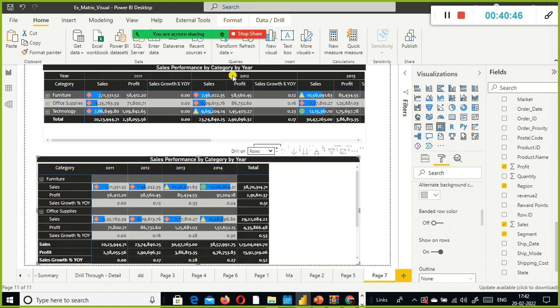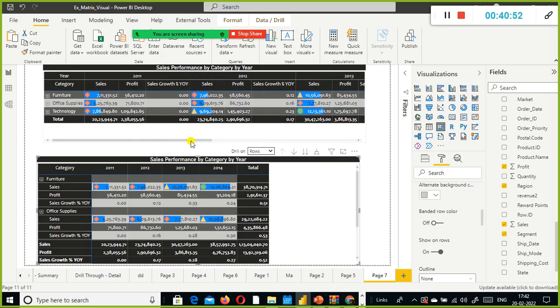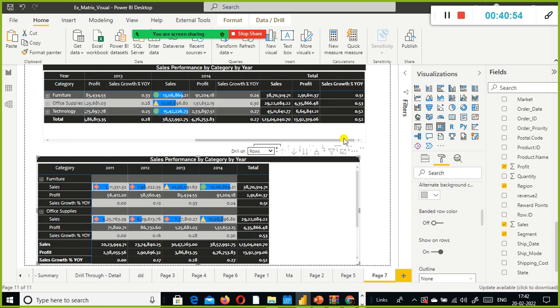So in this case we have 3 years, right? In the columns we have 4 years, 11, 12, 13, 14, and it also shows for each row the total sales, total profit. So for each row it gives us the total sales and total profit, and column wise total profit also it gives.